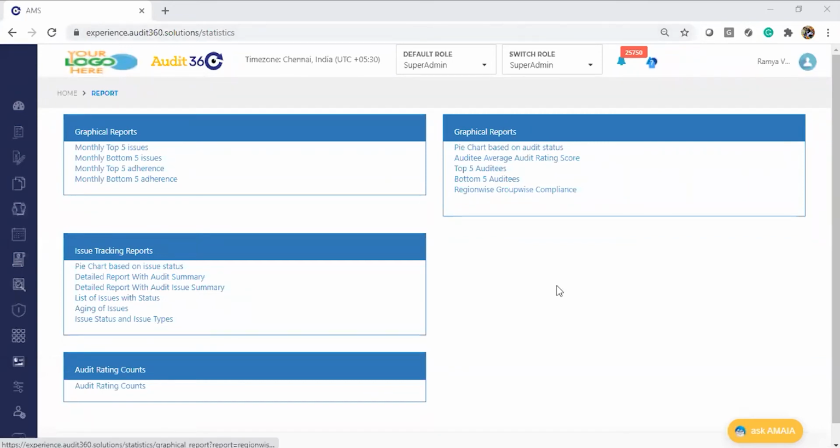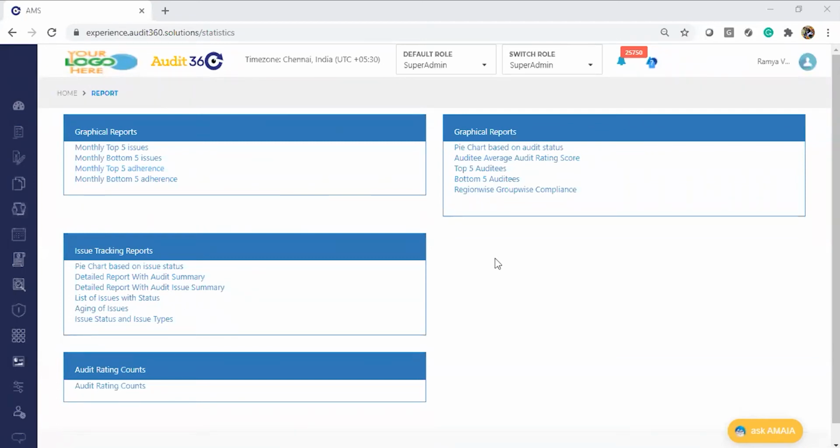The third question, which we have answered, but in the interest of others: is this date range reflecting the audit period or the audit finalization period? In the geographical reports I showed, which are monthly top 5, bottom 5, top 5 adherence and bottom 5 adherence, the date range we select is basis the audit execution time.